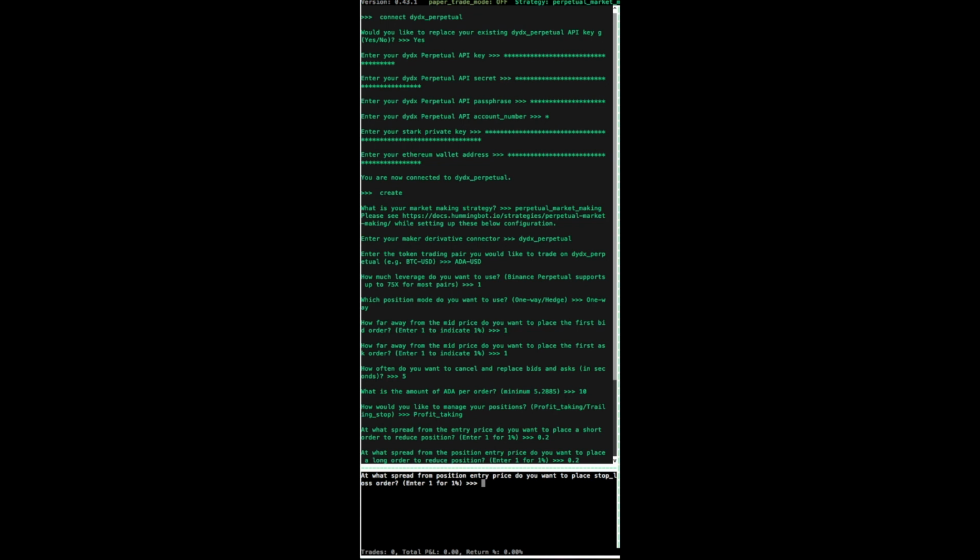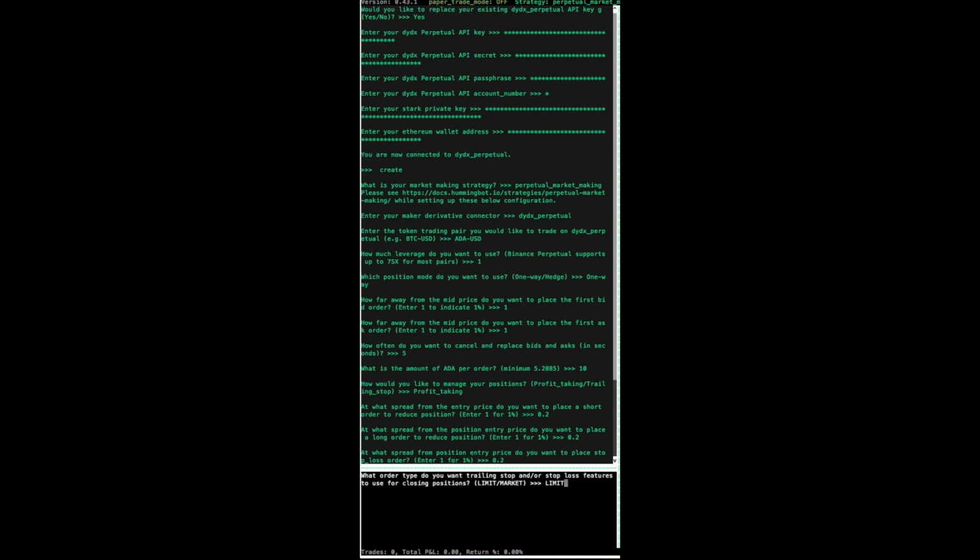So say you've bought Cardano and then the market starts selling off against you, which isn't too uncommon when you're market making. How far before the market sells off or rallies will you allow before the bot tries to close out your position? If you set this lower, the bot will take a loss quicker, but the loss will be smaller. Whereas if you put a high number, the bot might allow the position to run for a bit before stopping out. So you're essentially taking a bit more risk, but you might not crystallize losses as quickly. We'll just go with a tight